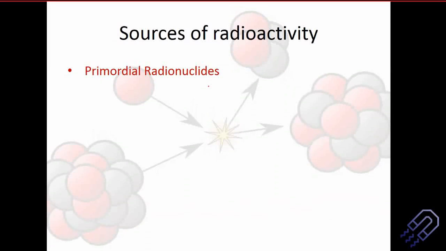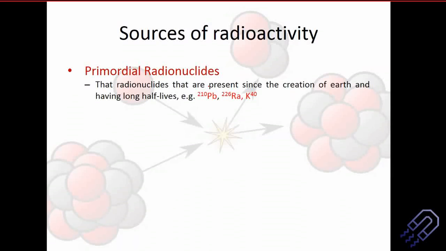The first category is primordial radionuclides. Something which is primordial means it's very old, something which exists from the origin. When Earth was created, these elements were already there. Then there were some elements which came up later. When the Earth came into existence, some of these radioactive elements which were created had a very long